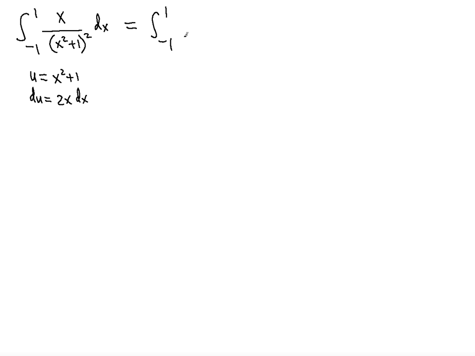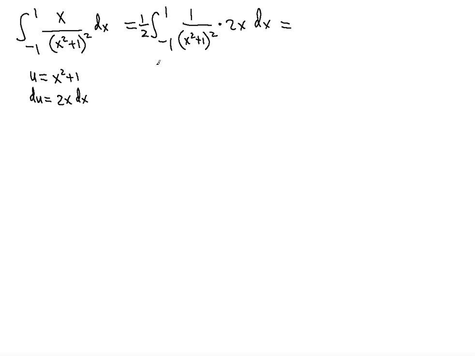I'm just going to write 1 over (x squared plus 1) squared times, and we have du as 2x dx. Now notice there's a 2 there that didn't exist before, so we multiply the integral by 1/2 to satisfy the fact that there was no 2 there, right? So now